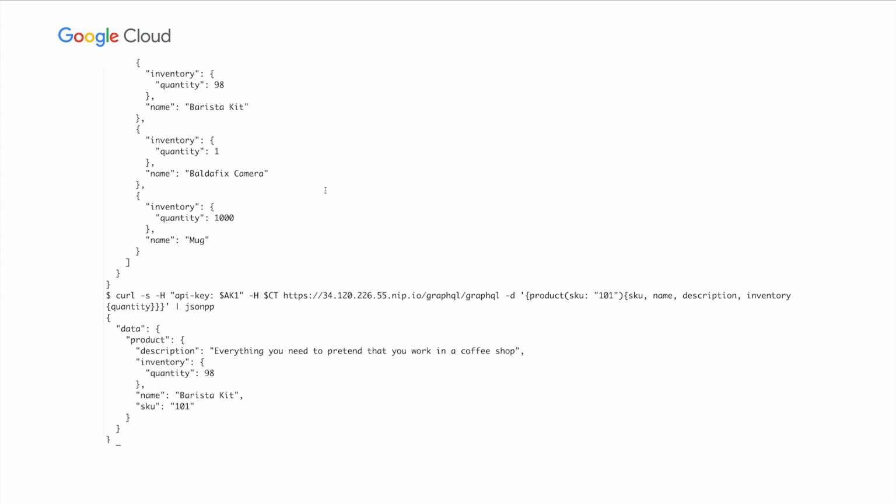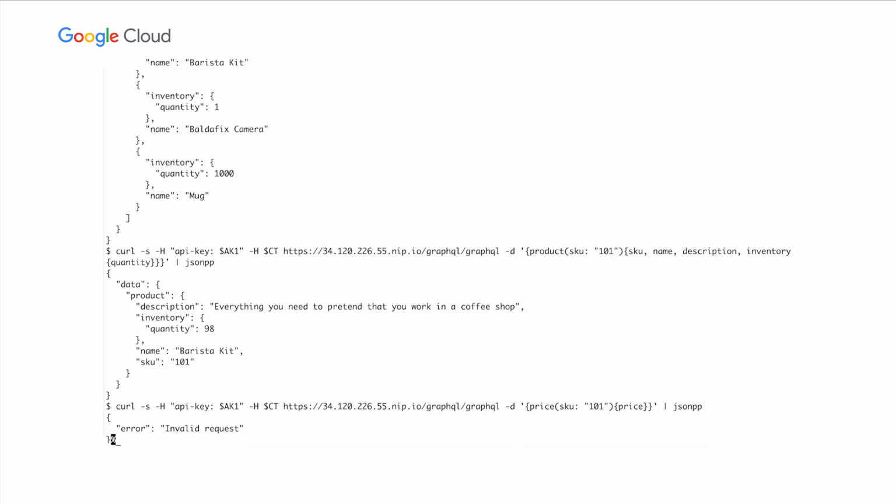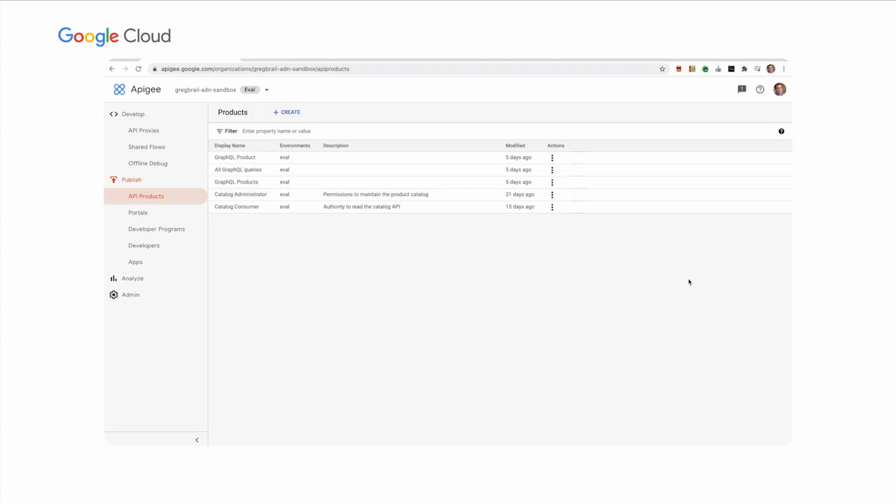And in this particular case, this particular GraphQL query is being secured via an API key, which is being enforced by Apigee. Using this particular API key, I can also try and get information about the price of an item. And if I use that key, here's my query to get the price, you'll see that I get an error. This is coming from Apigee, because Apigee parsed the query, it saw that the top level selection set was called price, and this particular API key is not allowed to make that query. However, if I change the API key to an API key that uses a different API product, I now can get the price. Now that we've seen what the API looks like, let's see how it works in Apigee.